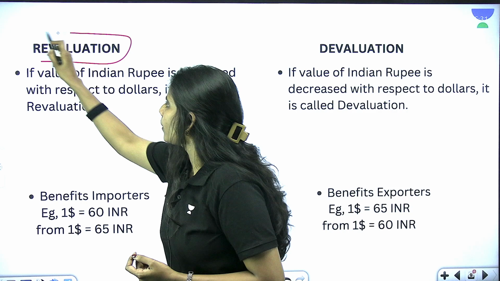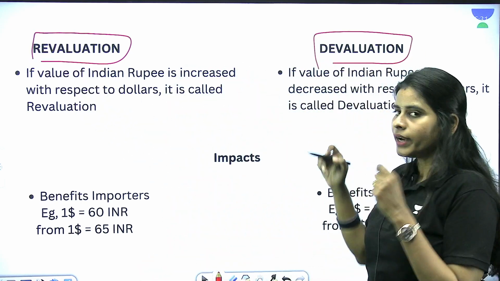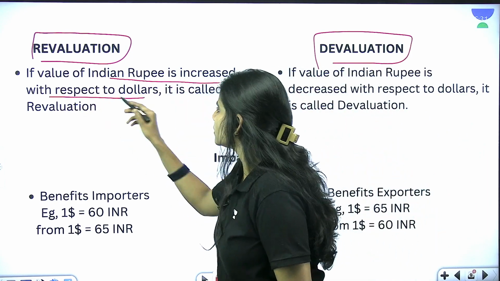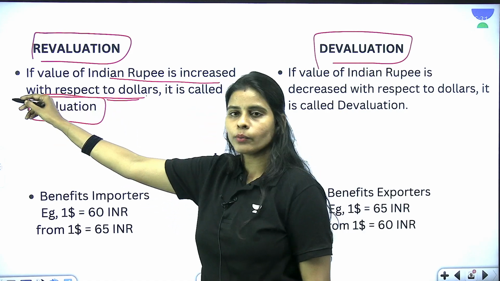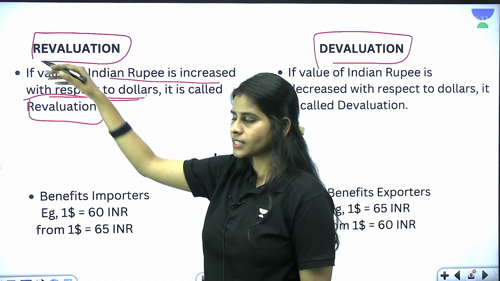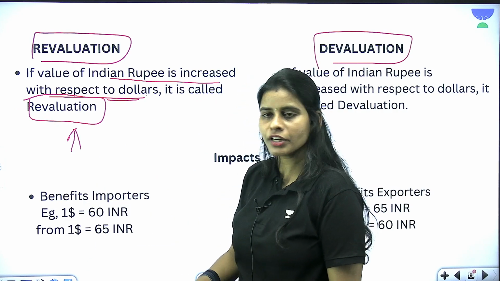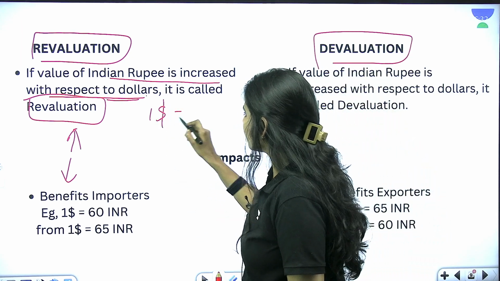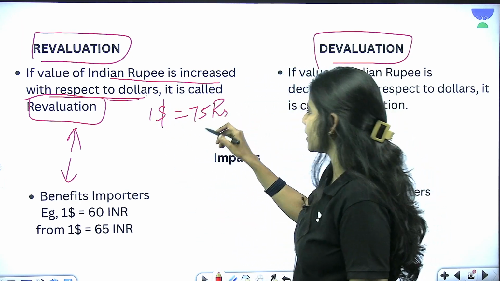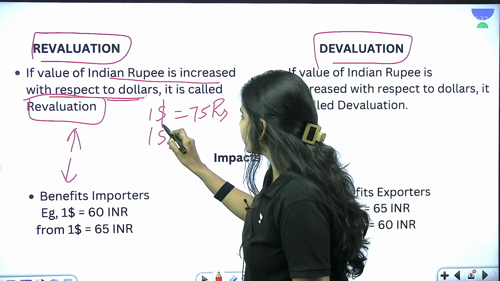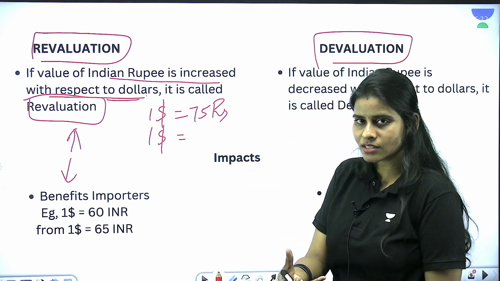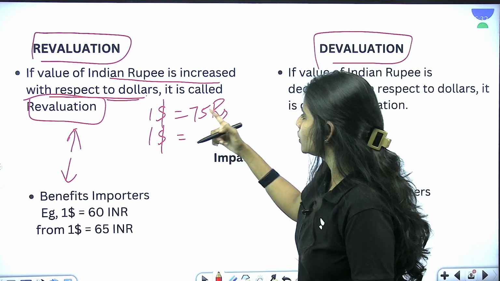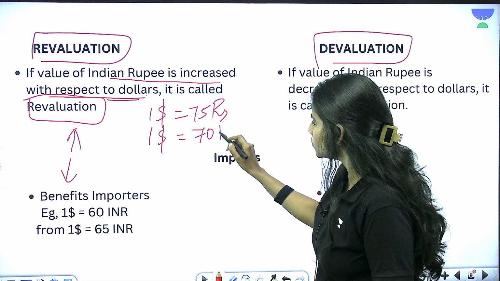Now, moving forward to the next concept, it is a very simple thing that you have to remember: revaluation and devaluation. Okay, so whenever the RBI is increasing the value of Indian rupee with respect to dollar, that is called as devaluation. We saw that in the fixed exchange rate system, RBI can either increase the value of the Indian rupee or decrease it. So I will give you one example. If $1 equaled 75 rupees yesterday, but now RBI is changing the exchange rate